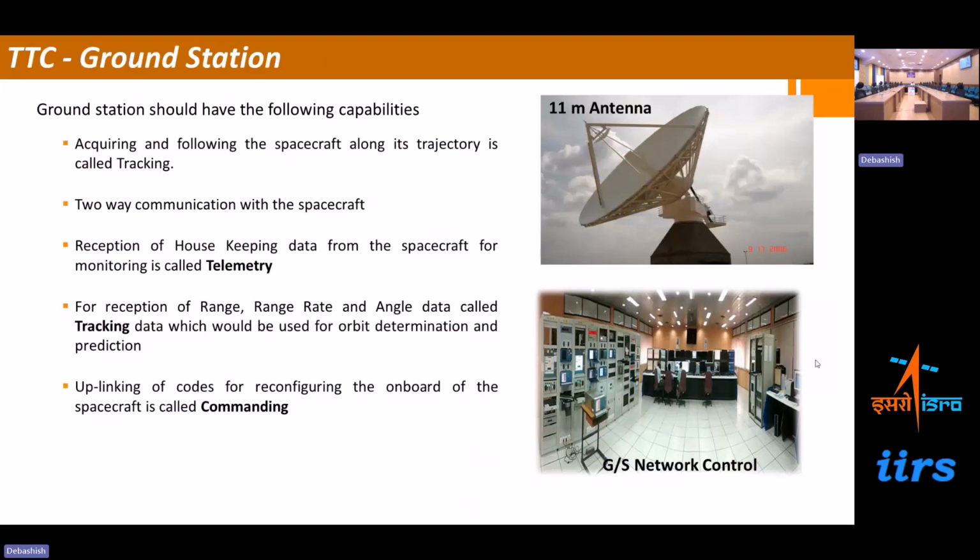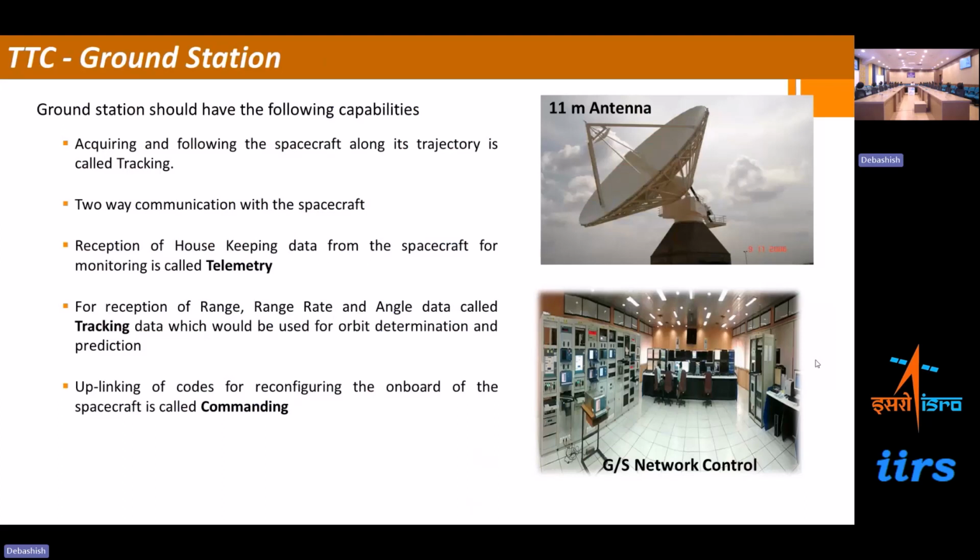Similarly, for data reception, range rate and angle data, they call the tracking data. Range rate and angle data, tracking data, is very much required for the orbit determination. So this is another application which we will be talking about a little more after some time. For that, we need to have range rate measurements. So this is also done by the ground station antenna, and